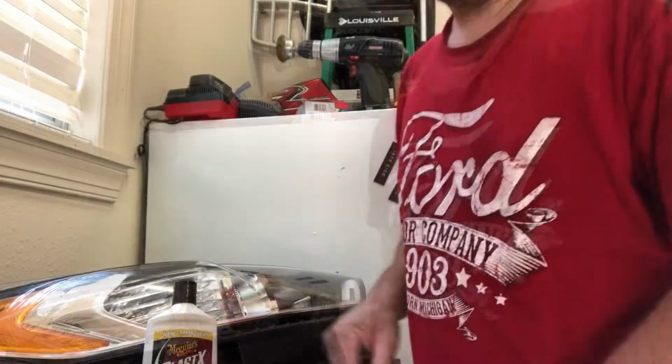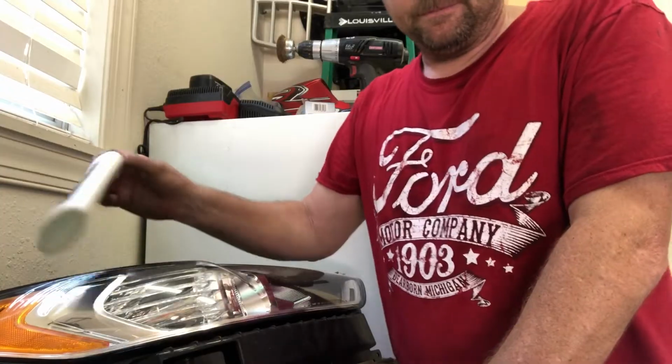Now I'm gonna get back to putting this car back together, and I'm gonna do the other lens, and I'm gonna put this thing back together because I have another one to work on. So now